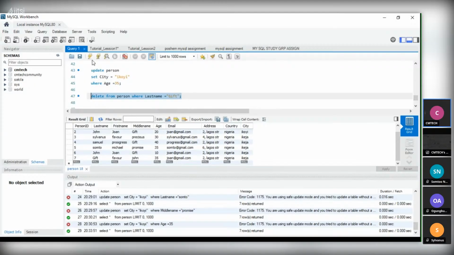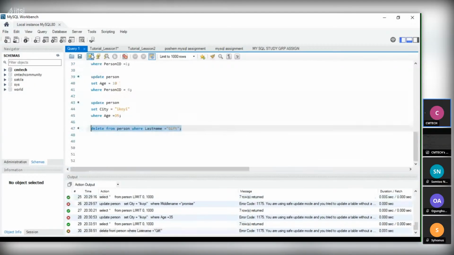Now let's run it and see what we want to delete. It said I'm using safe mode. I think I'll say where person's ID is equal to person ID.